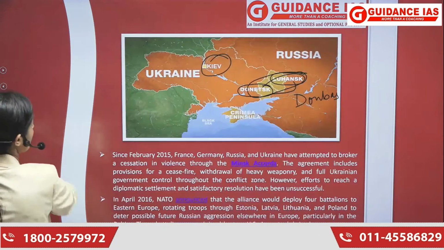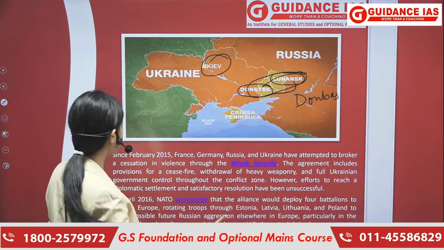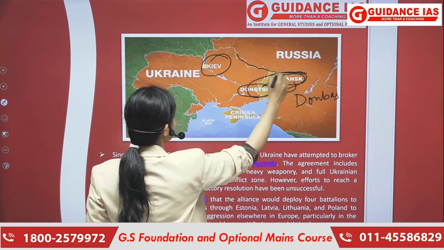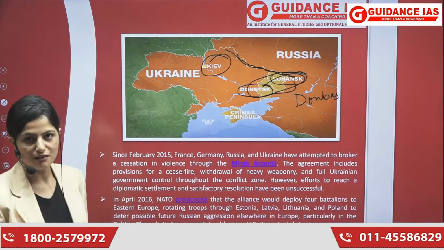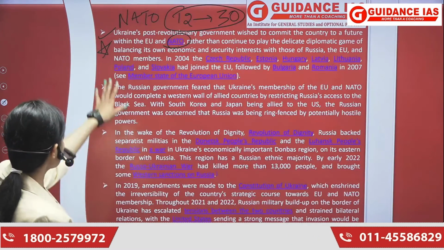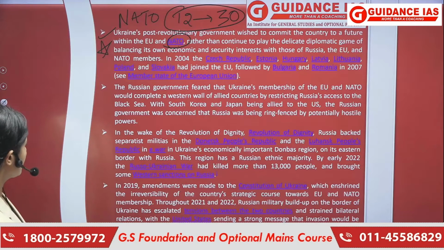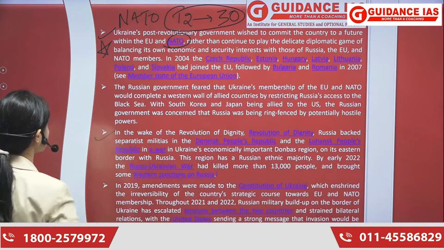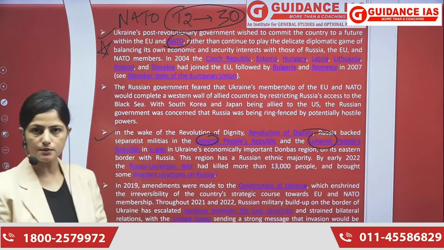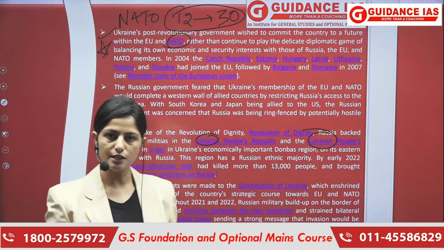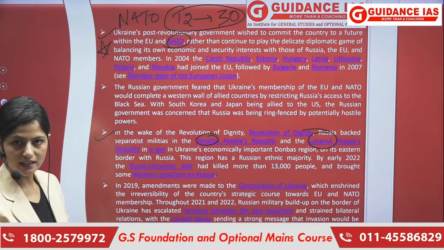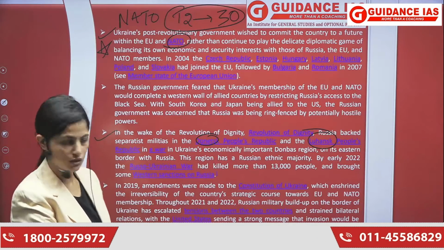Let me again take you to the map. They're afraid of this, that if Ukraine joins NATO, NATO will come to their doorstep, here to the borders of Russia, which is definitely a cause of concern for Russia. Anyways, so this was the point about NATO, right? And this point, I have already told you about Donetsk and Luhansk. Don't worry, जो भी important है, I'm telling you each and everything, so you don't need to go line by line. Whatever I'm telling you covers everything which has been mentioned here, right?